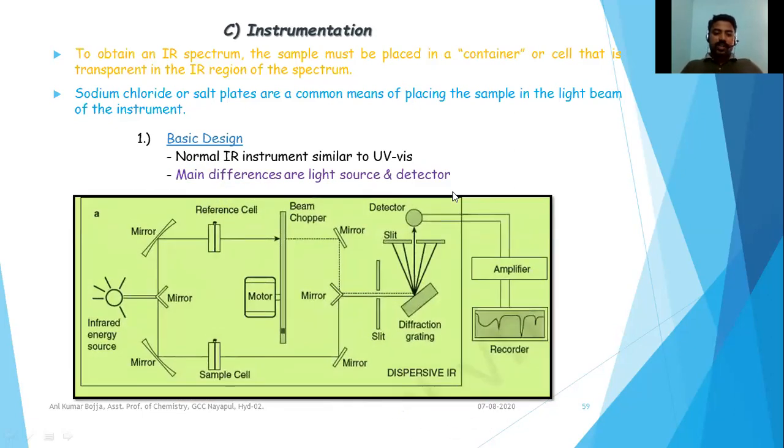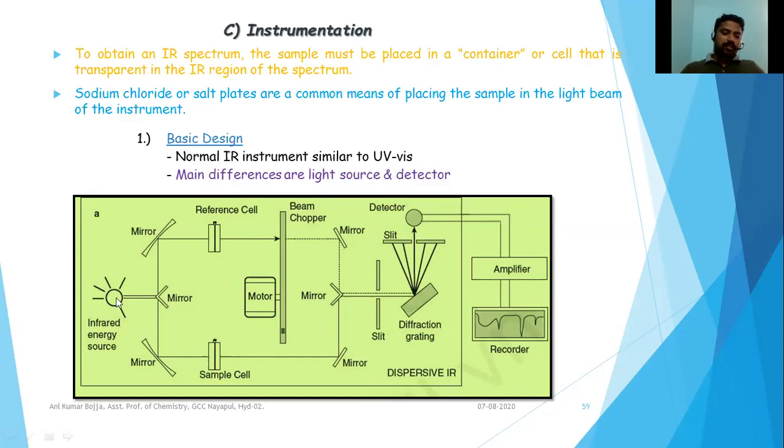Now we can see the block diagram of an infrared spectrometer. Here, the spectrometer contains the light source. The infrared light source produces infrared radiation, that is from 12,500 centimeter inverse to 667, or sometimes it might be 1000 centimeter inverse also. There are various sources of IR radiation. Sources that produce IR radiation are available in the market. Depending upon our convenience, we can purchase the instrument, right?